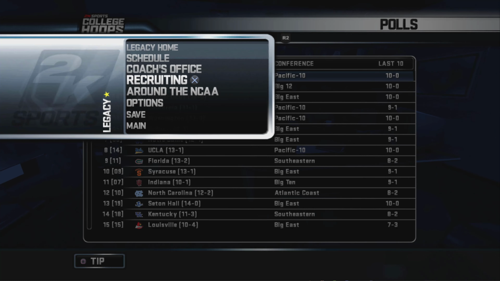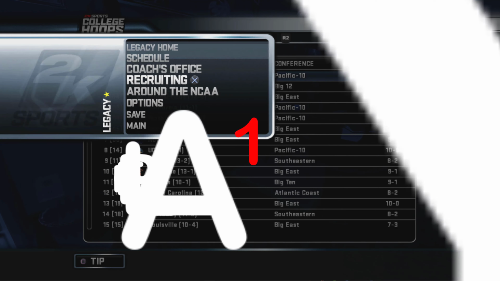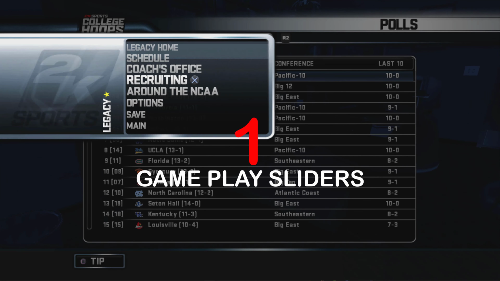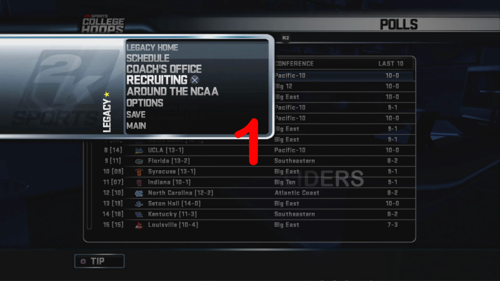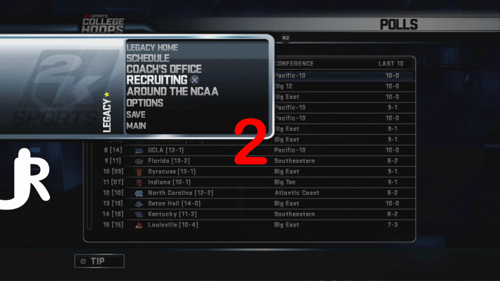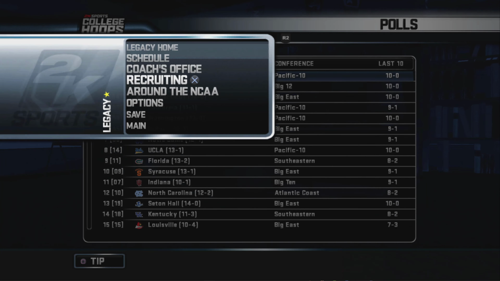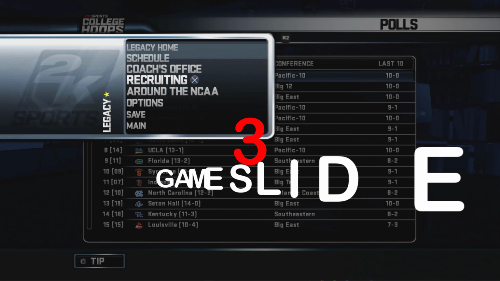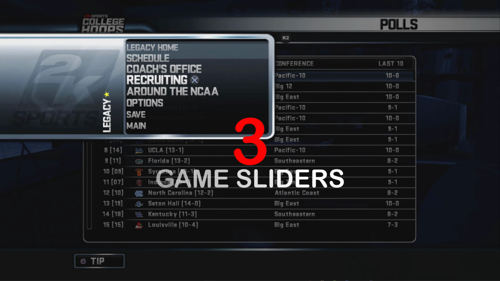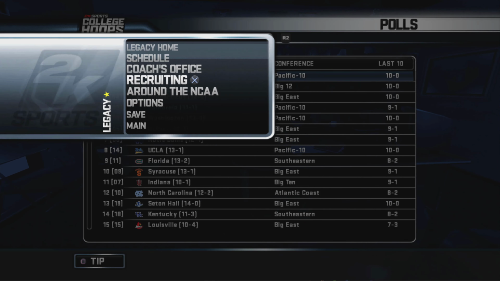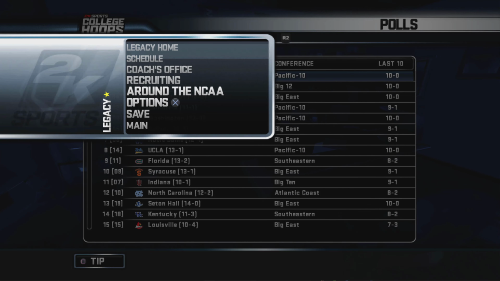We got 3 sections to cover in this breakdown. Number 1, the gameplay sliders. Number 2, the rules sliders. And then number 3 for the tutorial, we're going to get into the actual game sliders. All right, so let's go ahead and get into it. First up,